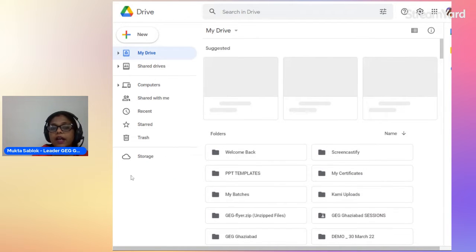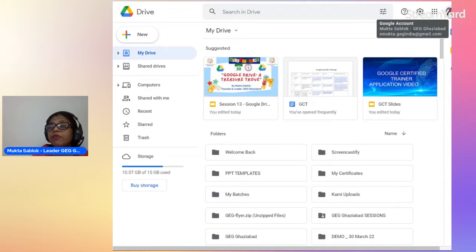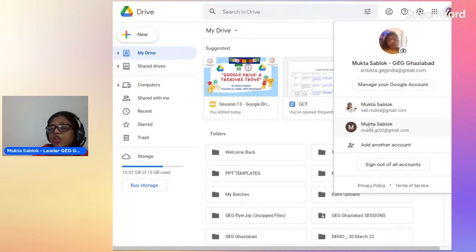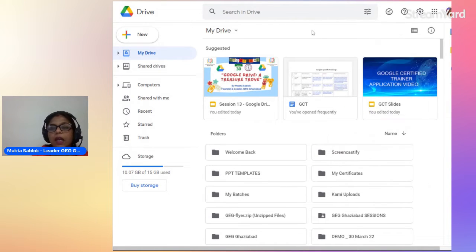Now this Drive is open, and this is my profile pic, which means it is logged in with my Gmail ID. If you want to change the Gmail ID, with whose Drive you want to open, you can click over the profile pic and change the Gmail ID, but I want to work on this ID only. So let's see what other things we want to do.